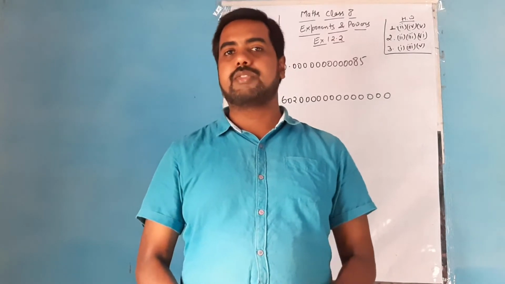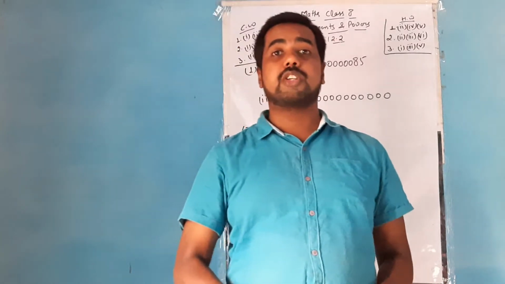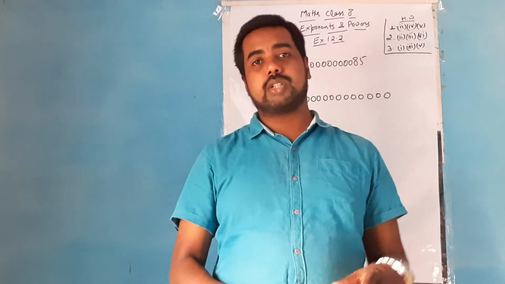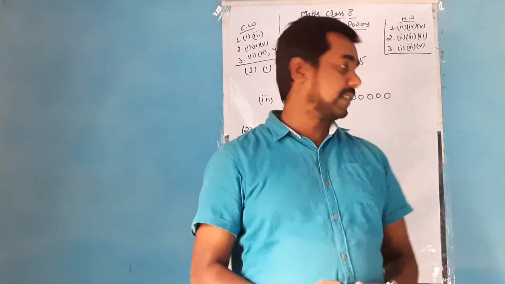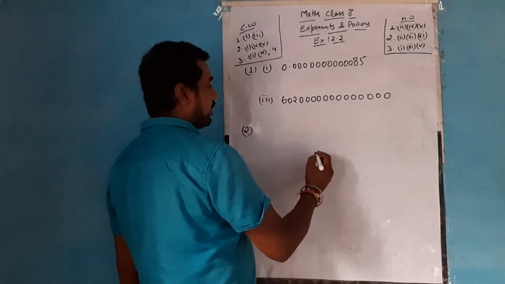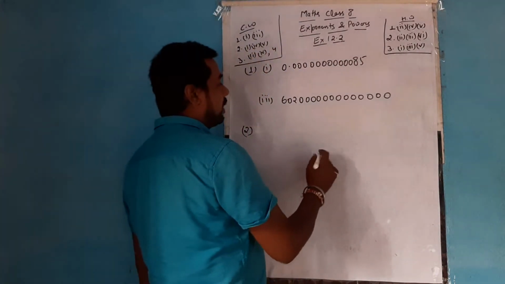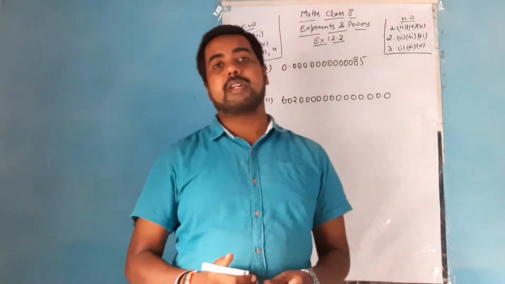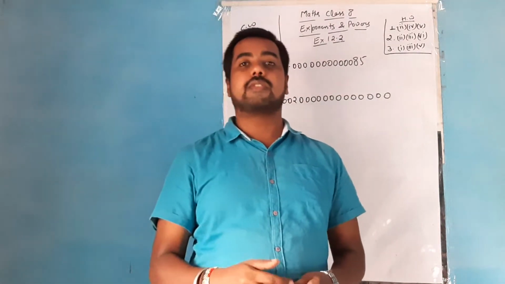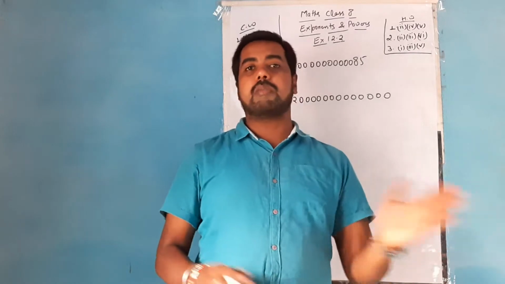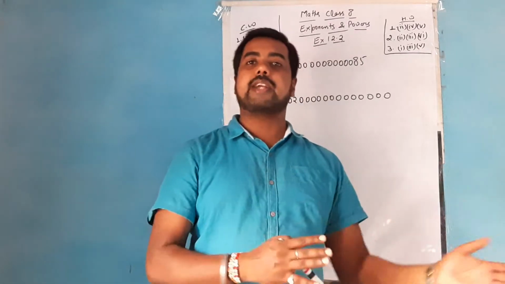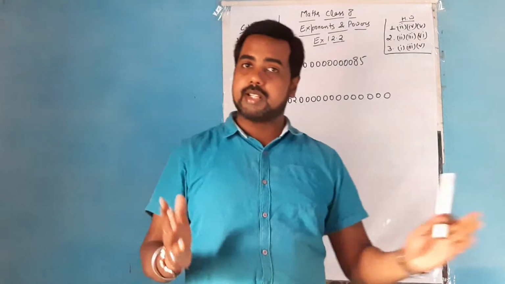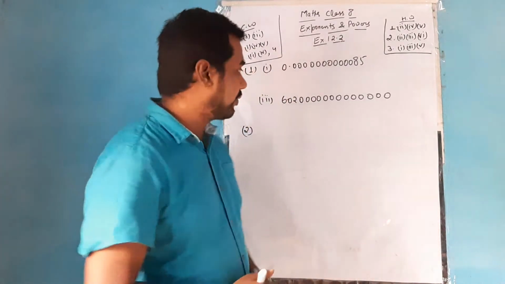As in the last video I told you how to write an exponential number in standard form. I'll just recapitulate once again so that we may further proceed with the exercise. As I told you, when you are writing a number in standard form, the decimal place of the number is to be shifted just after the first digit. Either you will shift from left to right or from right to left. You only have to take care of the sign, that is, from where you are shifting.